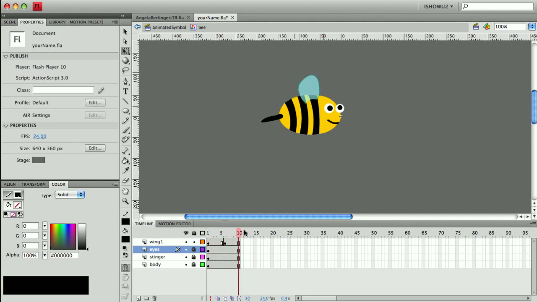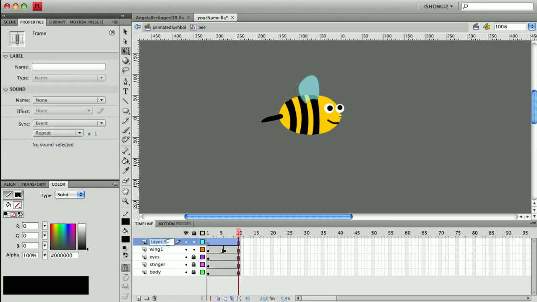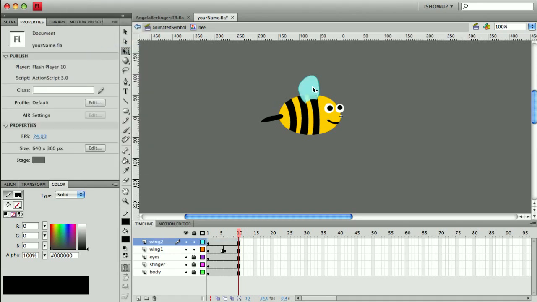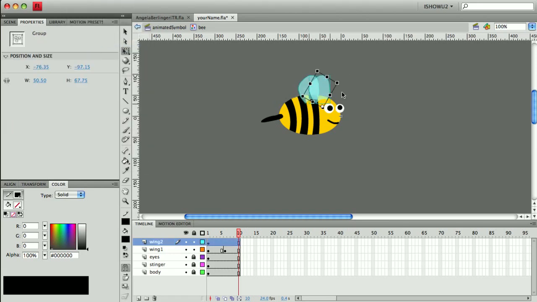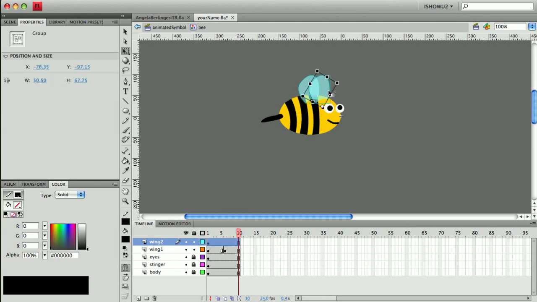Now if I want to add a wing to the other side of his body, I can just copy this wing, and I'll go ahead and add a layer, name it wing 2, and let's just paste. And I'll move it forward a little bit from the other wing, and I think I'll drag this so that it's behind the body once I'm done with it. So let's move it back a little bit, and we want it to look different from this wing. So let's say I put it in this position,